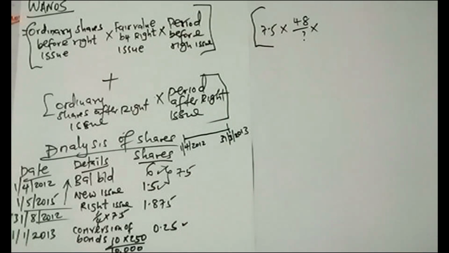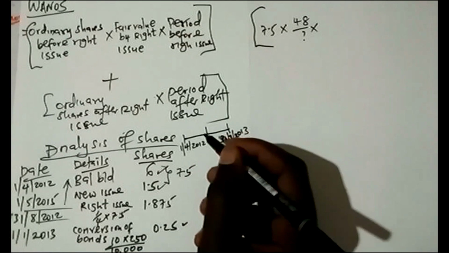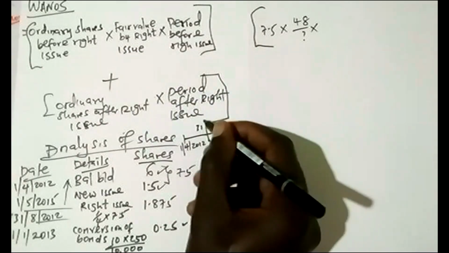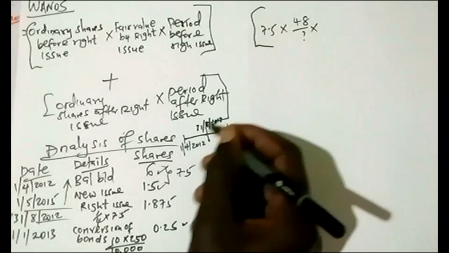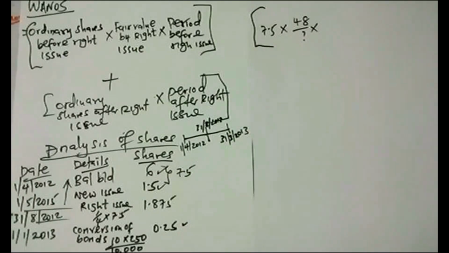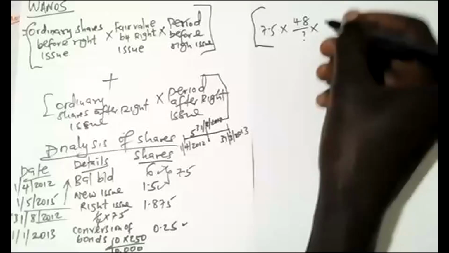So for the period before the rights issue, and the rights issue was on 31st August 2012, how many months are those? It's all about April, May, June, July, August. So these are 5 months. So 5